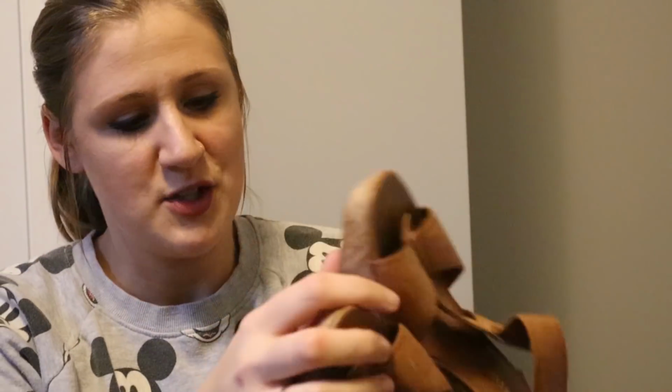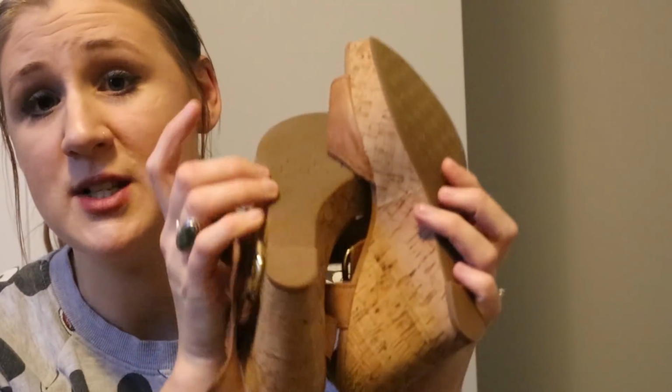So I went ahead and grabbed them, and they are a size 8.5, and I believe that these were also half price. They were the pink tag with stuff written on. They actually had writing on the bottom, and just a little tip as well, grab yourself an alcohol prep wipe